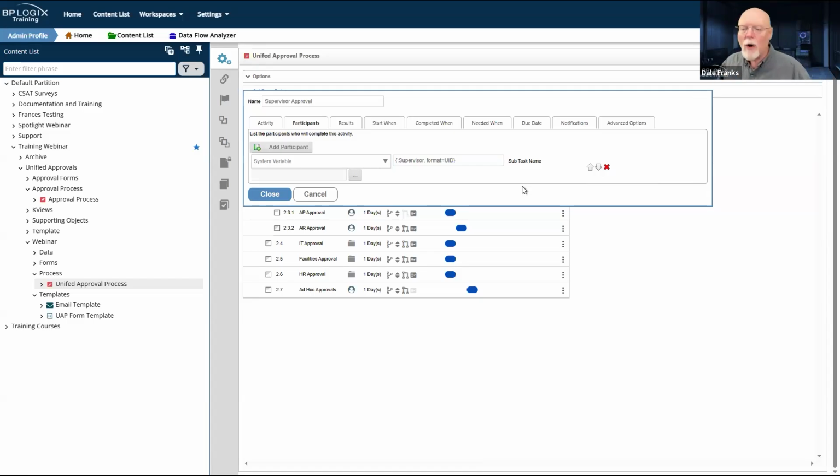So if I want to assign a task to a user, I have to know what their user UID is because that uniquely identifies the user in the system. The name does not. So I can't just go looking for John Smith and expect that there's only one John Smith in the world because I know that's not true. So I've got to use that UID.